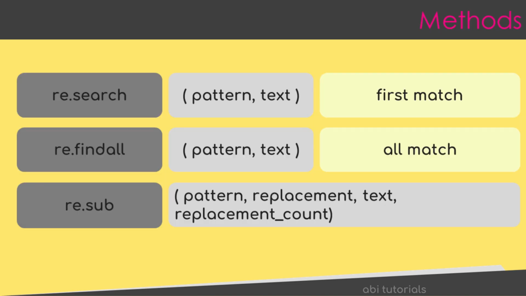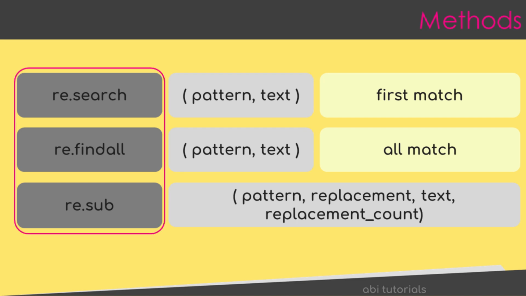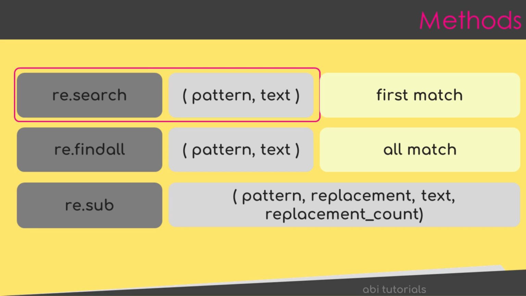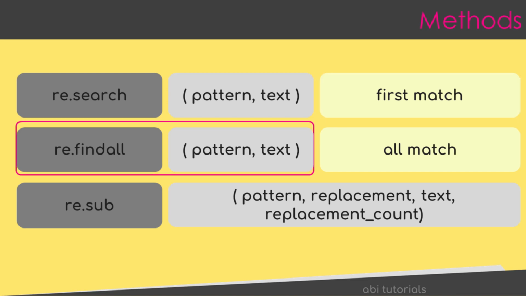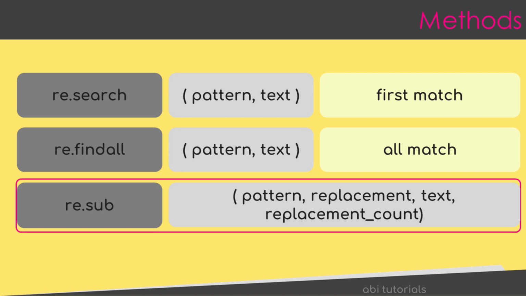Even though there are several functions within the re package, we will see three important functions, namely search, findall and sub. The syntax for the functions is as given here. The search function takes two arguments, namely the pattern and the text, and it will return the first matching pattern within the text. Similarly, the findall function also takes the same parameters, pattern and text, and will return a list of matches corresponding to the pattern. Finally, the sub function will perform a substitution on the matched pattern based on the given syntax.